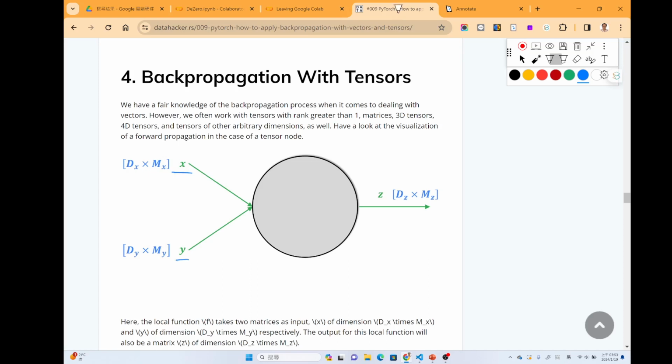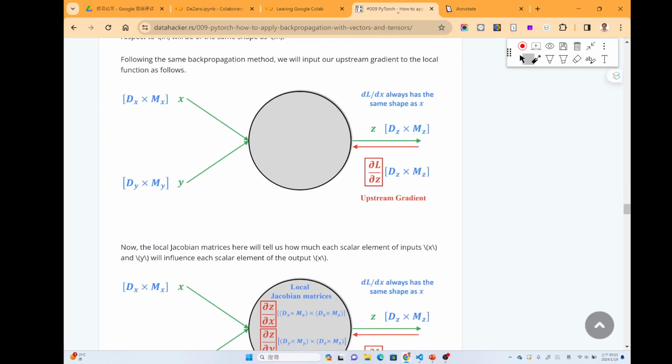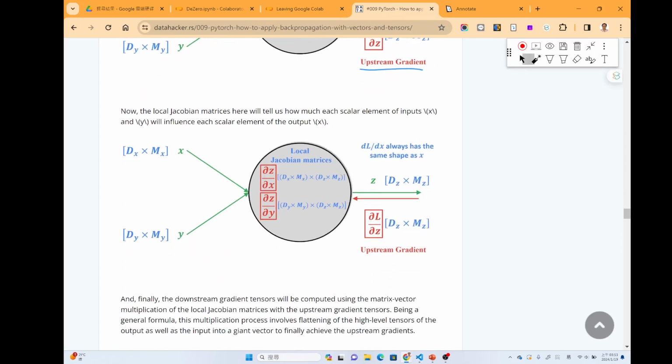If both input x and y are matrices, and z is a matrix as well, the same as a vector, we can have an upstream gradient here for partial L over partial Z. And then in order to calculate partial L over partial X, we need to have a Jacobian matrix here, partial Z over partial X, so that we can write this as partial L over partial Z dot partial Z over partial X. So we need to calculate the Jacobian matrix here.